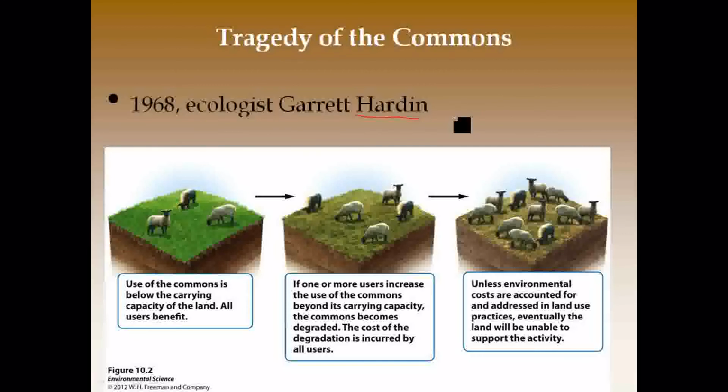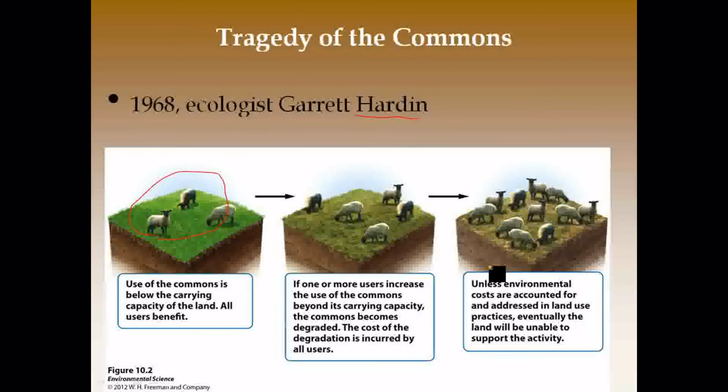And that's the idea of the tragedy of the commons. In the example that they give here, the common is a grazing area. It's no problem when somebody's using the pasture in order to raise their sheep. But what happens when more than one person wants to bring in their sheep and graze on that same land? Pretty soon you get beyond the carrying capacity, and there is damage to the common, in this case the pasture